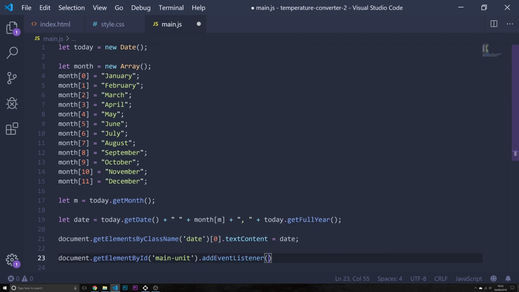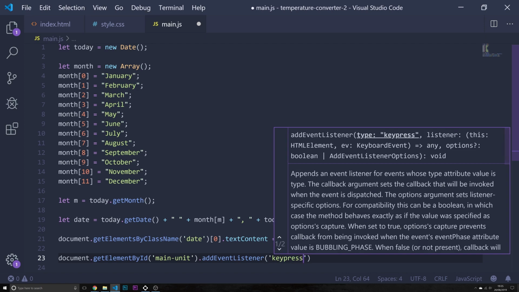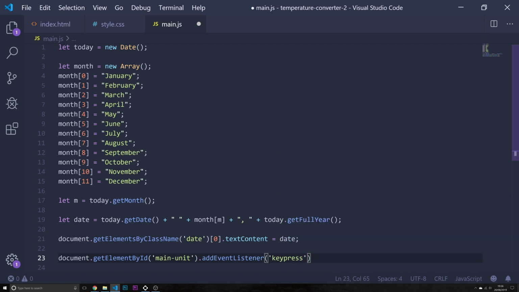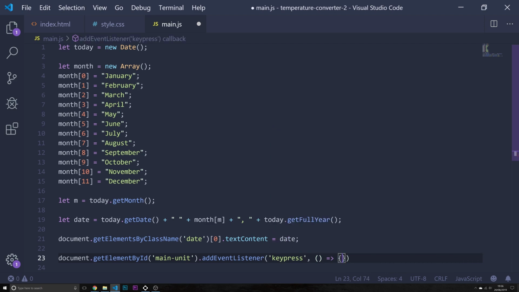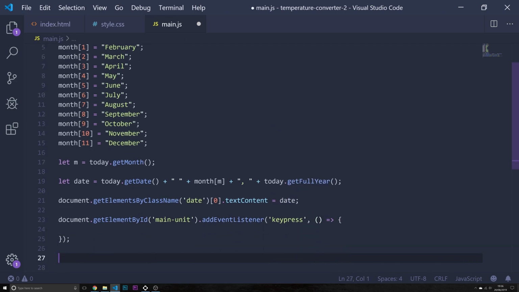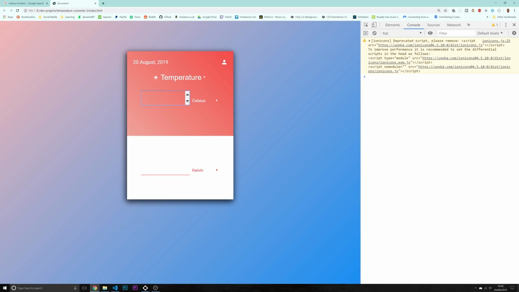Okay, and let me show you something that's gonna happen in here. I'm gonna put a key press, so that after you press a key, we're gonna run a function that we are just going to create now. Okay, let's give it a bit of space. What I want to do is, whatever we type down in here, I want to log it in here on